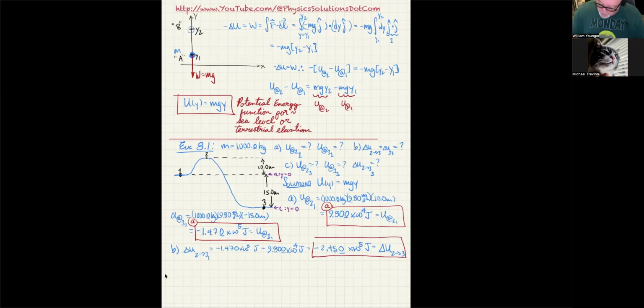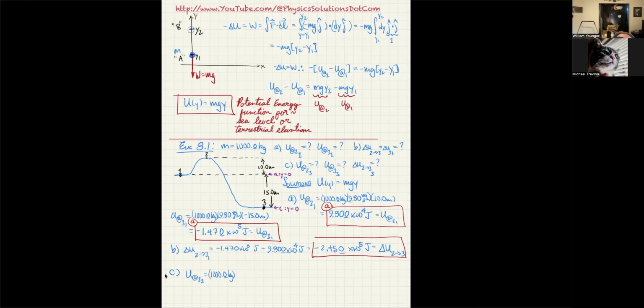So that is part B, and we now know the change in potential energy going from 2 to 3. Now in part C, we're going to do the same thing as we did for A and B, but now we're going to do it all relative to point 3. So C: U at 2 relative to 3 is going to be 1,000